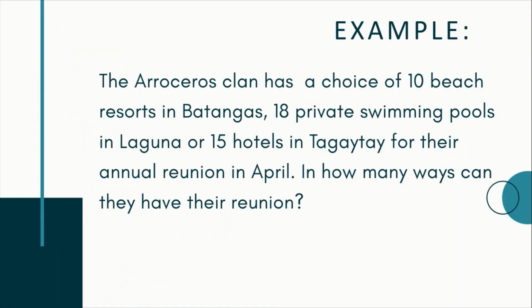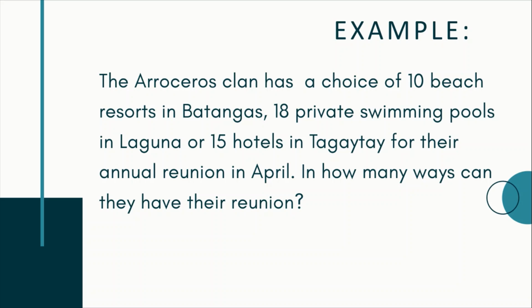Let's have this example. The Araceras clan has a choice of 10 beach resorts in Batangas, 18 private swimming pools in Laguna, or 15 hotels in Tagaytay for their annual reunion in April. In how many ways can they have their reunion? So, meron ulit tayong tatlong situation or tatlong tasks. So, una, pagpili ng beach resort. Pangalawa, pagpili ng private swimming pool. Pangatlo, pagpili ng hotel. Pero since sa tatlong task na to, isa lang ang task na gagawin niya or gagawin mong pagpili,